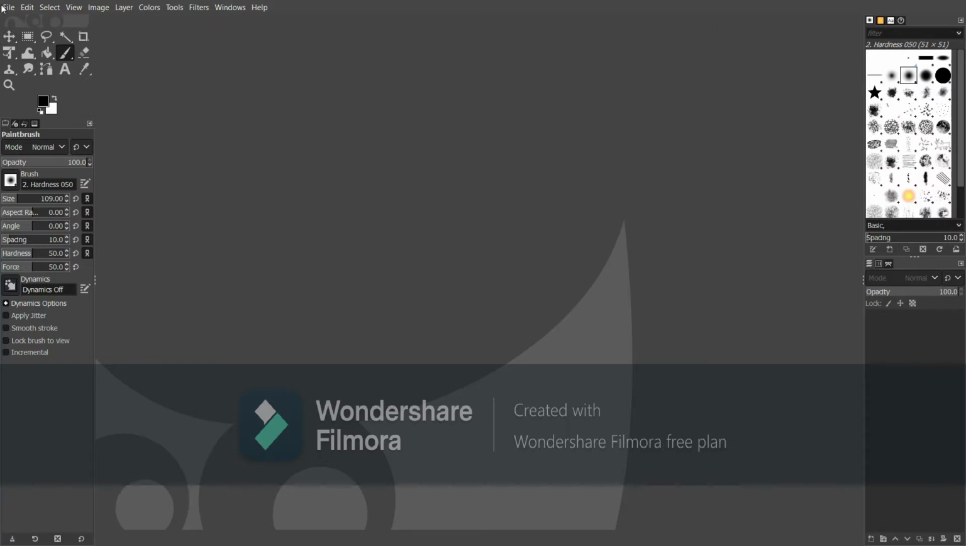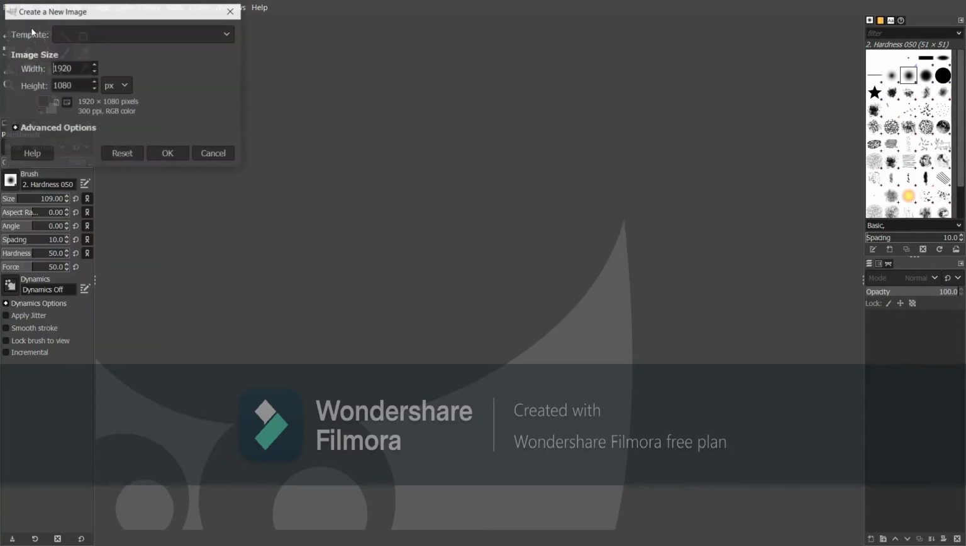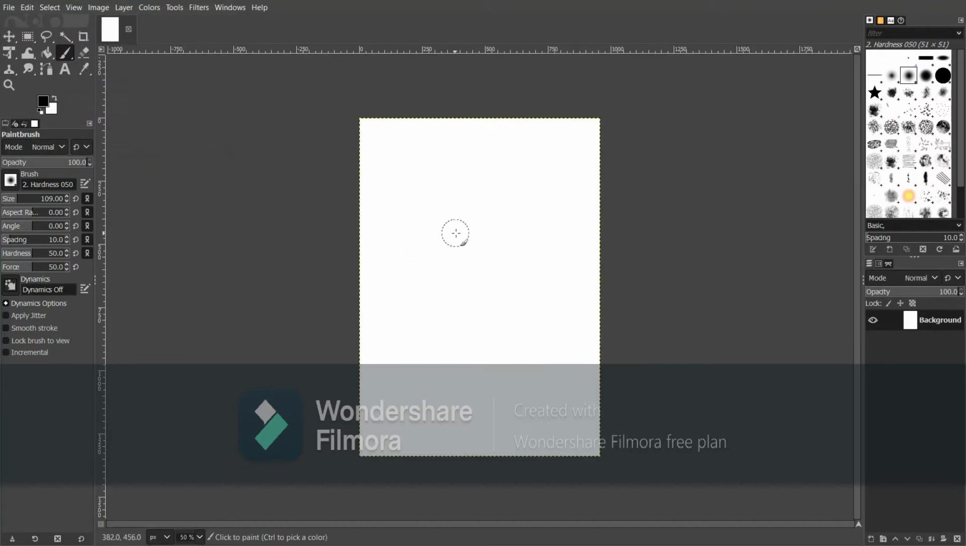Today I'm going to show you how to make a digital art in GIMP. So first we need to go to File and New. Height should be like this much and width should be this much. No, a bit more. Yes, this much. Okay, now we need the brush tool